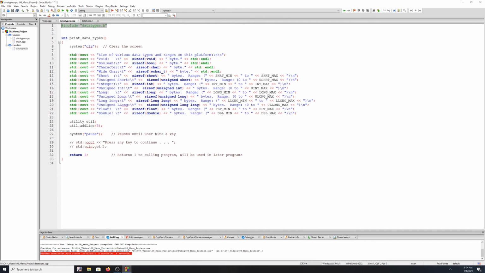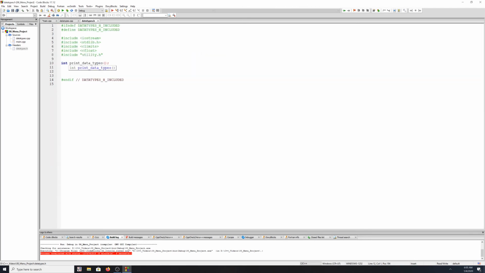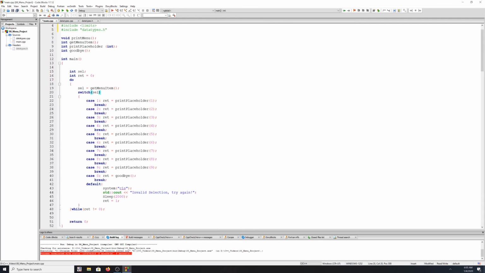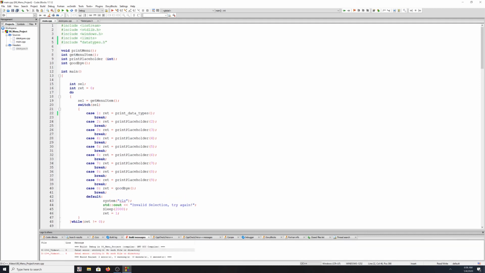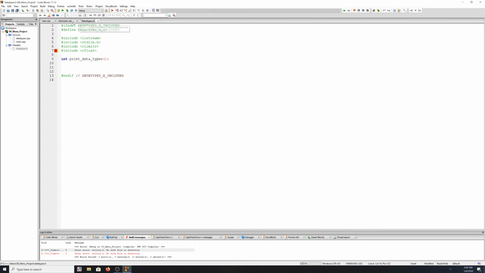And opening up the datatype.cpp. So we're actually going to return 1 when this program completes. And that right here is where we're going to be using that. So instead of the placeholder here, we can actually just call this function. It takes no parameters, and the return will automatically get filled in. And one thing we'll have to do, so we got the data types header, we'll have to